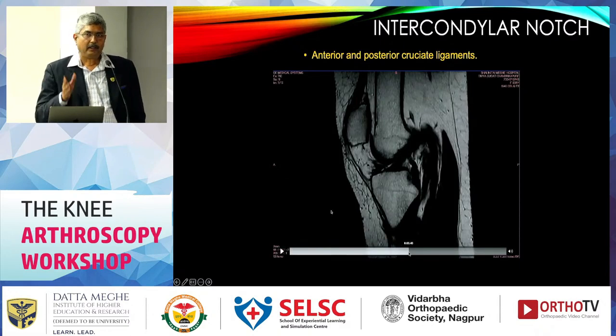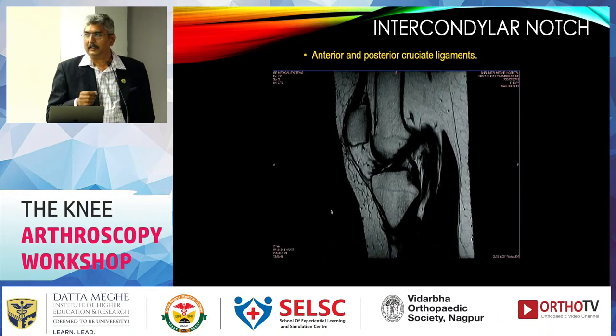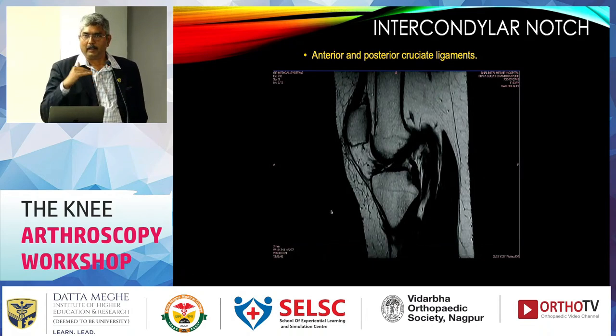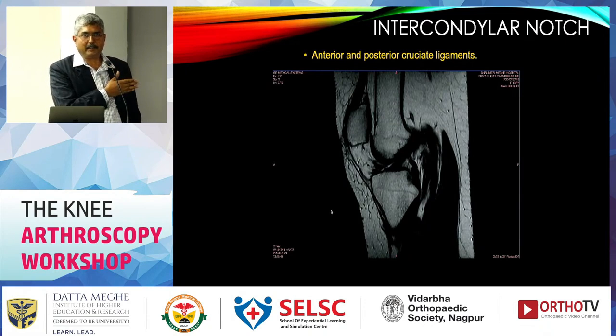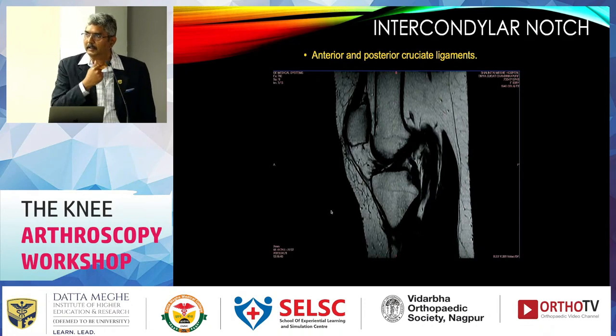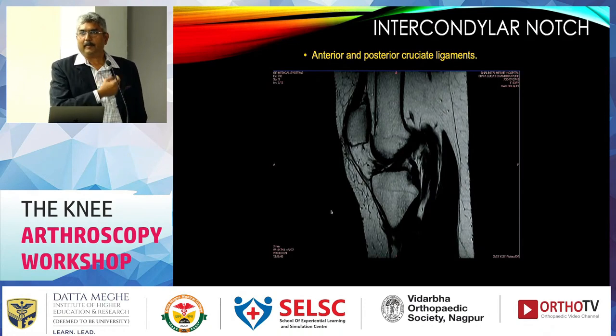Again moving to the ACL, look for the orientation of the ACL. The ACL is oriented parallel, a little bit slanting anteriorly, and that too parallel to what? It is the intercondylar notch of the femur. So if this orientation is disturbed, there are high chances that there can be a tear. If any brightness is there, there are high chances that there can be a tear. The most important part is the footprint. So again one has to look for the femoral attachment. Most commonly it gets damaged there. Mechanism I am not going into in detail, but